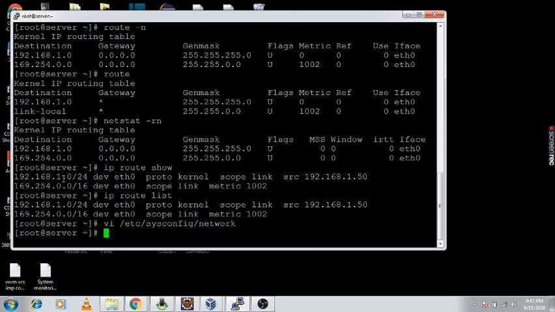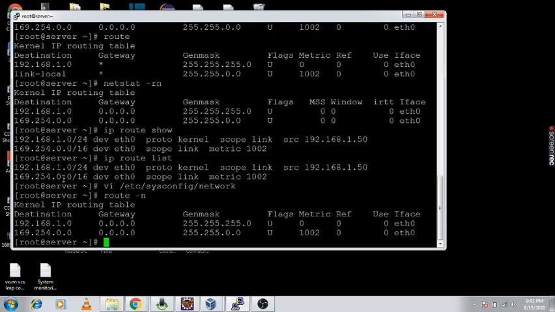And if suppose I want to add this default gateway, first I am checking this route space hyphen "n" command. So here it is not reflecting. Now I am going to add the route, that is the default route. Suppose I want to add, then you need to use the command, that is route space add space default space gw, that is GW we need to specify, and giving the gateway, that is 192.168.1.1, and for the port, that is eth0.